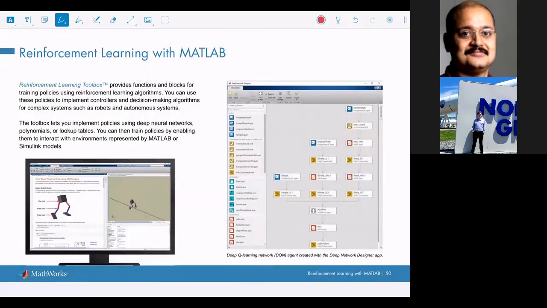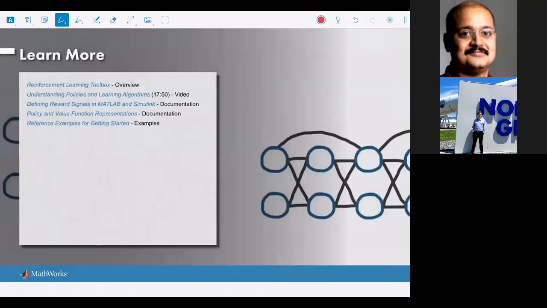if you have not explored the reinforcement learning toolbox inside MATLAB, I would strongly encourage you to explore it. It's like a drag and drop type of structure. You can drag and drop boxes. I know you can use Python, but in Python you have to import libraries and do some sort of coding. But with MATLAB, once you create the structure, you can actually train a reinforcement learning neural network.